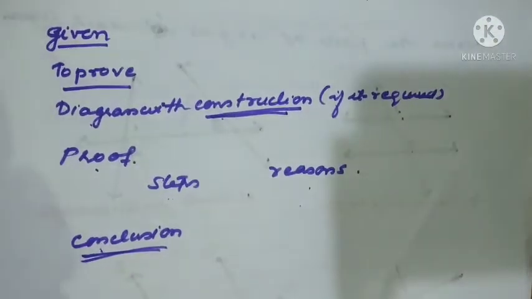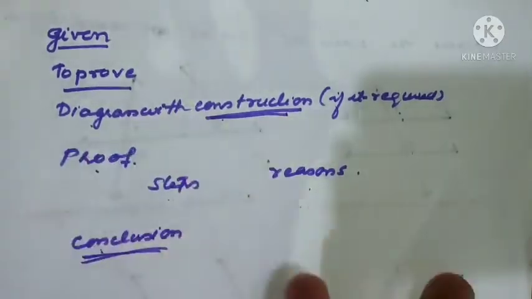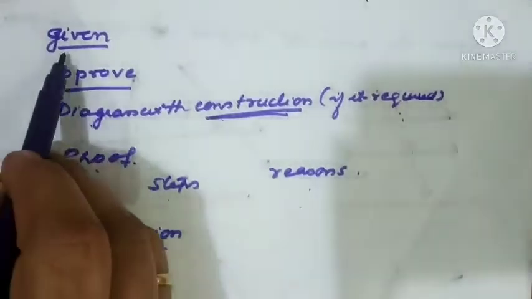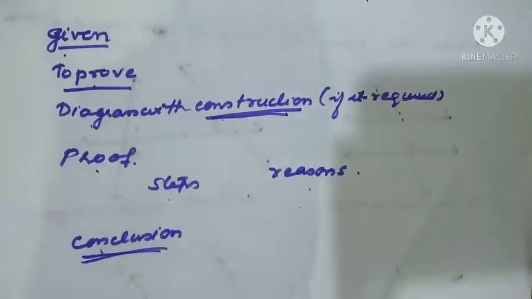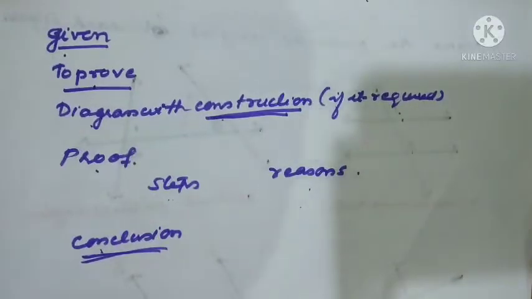Now what I want to say is that when we are doing a sum also, suppose we are solving any word problem, what will we write? This many kilometers are run by that boy, so we will write how many kilometers it is run, and those details we will give. That is called the part given. Now, to prove or to find, what are we going to find? That means we are analyzing the question. Now diagram with the constructions. Sometimes in perimeter and area questions, we have to draw the diagram there. As usual, the same procedure here also, but the words are a little bit different.